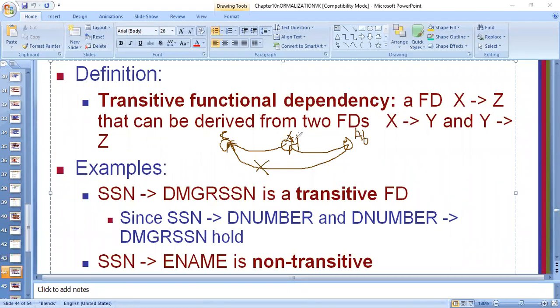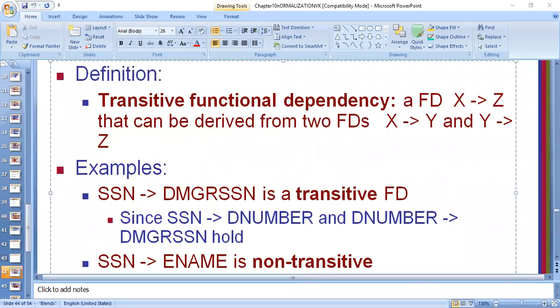But actually, which is the dependency? The dependency is not on Chetan. The dependency is on Ajay. So such a dependency is called a transitive dependency. Clear? So what does the third normal form say? This is the definition of transitive dependency: if X determines Z, then internally there is one more attribute Y in the same table, which is determined by X, and that Y determines Z. If such a dependency is there, this is called a transitive dependency.